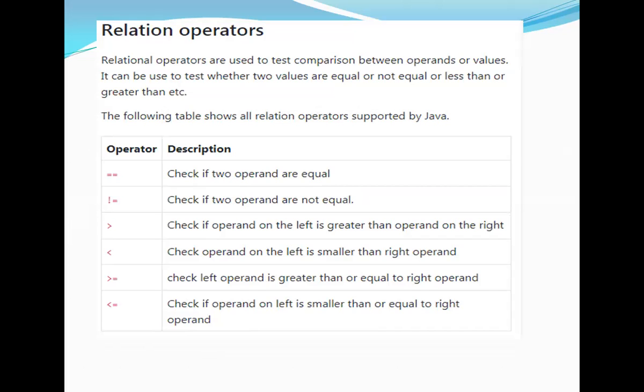Now relational operations. If you want to compare two values, based on that you want to execute your program, there we use relational operators. Suppose you assigned A equal to B equal to 3. You want to compare: if A is less than or equal to B, then only you want to execute your program. Or if A is not equal to B, you want to use that. See, relation is between two operands. Two operands means two variables. You are getting what I'm saying? It means comparison between the two operands.